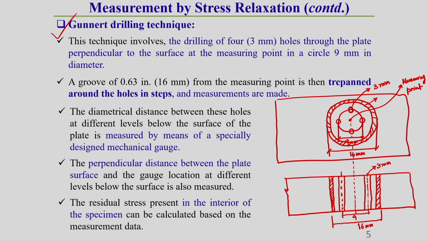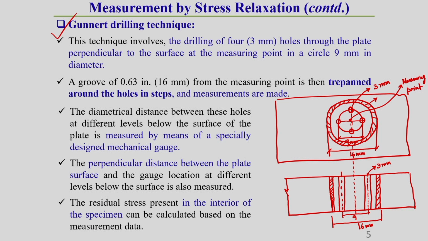Now, this trepan operation is done step by step. Once we trepan 1 mm depth through the thickness, after that we measure the perpendicular distance between hole to hole. So, the diametrical distance between these holes at different levels below the surface of the plate is measured by means of a specially designed